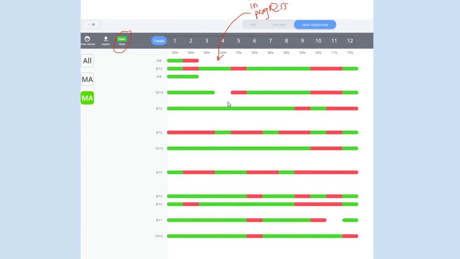Notice the student's in progress. The student hasn't answered this one yet. And then when you click close, the student can then log back into GoFormative and see their data. And that is what you decide they can see. There's a setting when you assign, and you decide as the teacher what data you want them to be able to see. So you can release the scores, or you don't have to. You can release what's right and wrong so they can just see that, or you don't have to. You have all the control with this